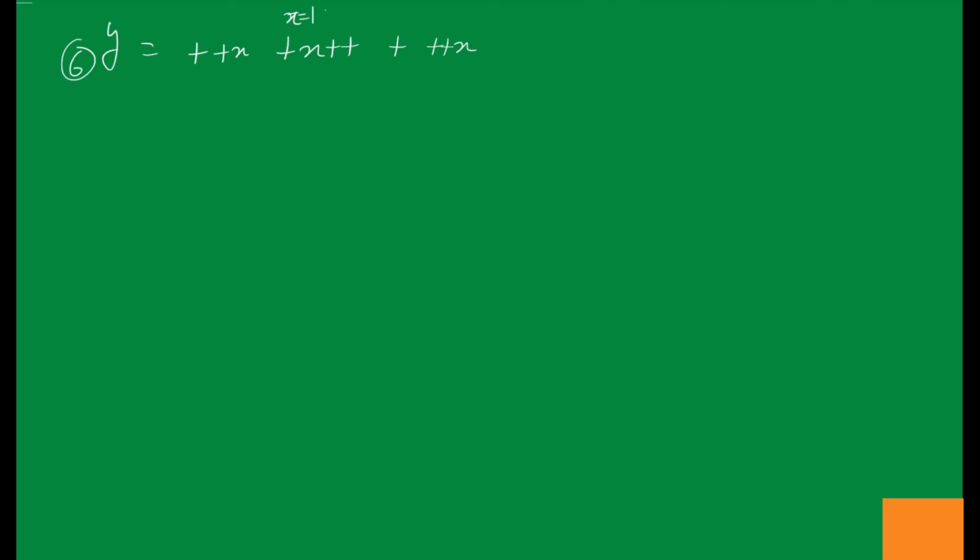Let x equal 1 initially. Now this is prefix, so we are going to increment, and it becomes 2. We will assign it later, so we will make a box. Then plus, we are going to assign the value in x that was incremented just before, which was 2, and immediately we are going to increment, so the value becomes 3.